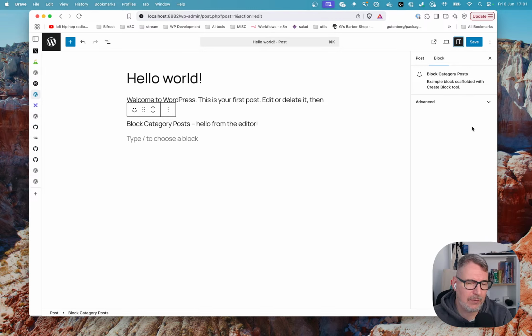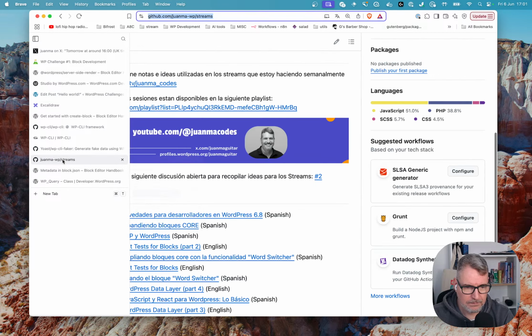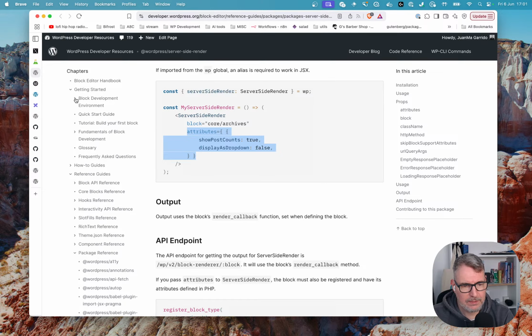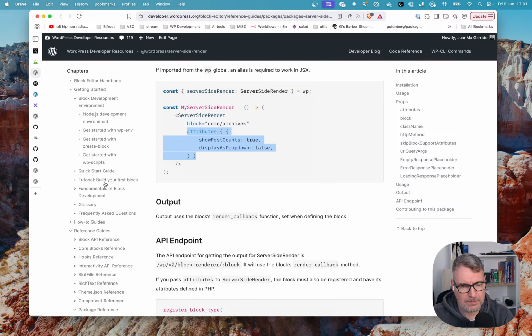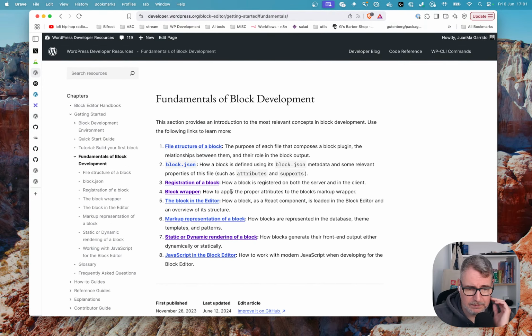And then another process, when that category is selected, we will display the post. So let's focus on this. We can do that with inspector controls. If we come here in the block editor, here in fundamentals of block development,